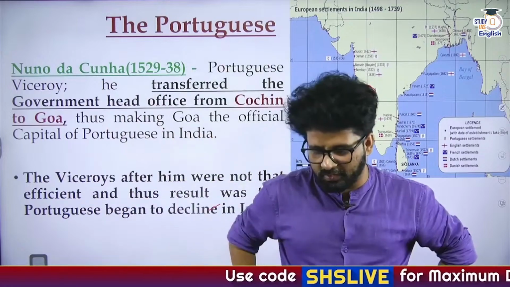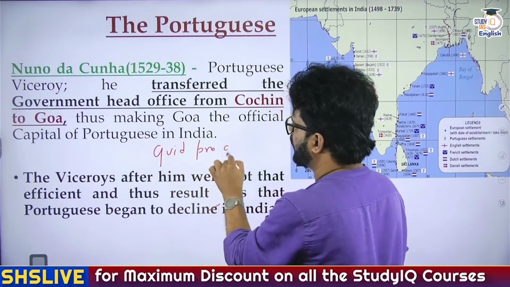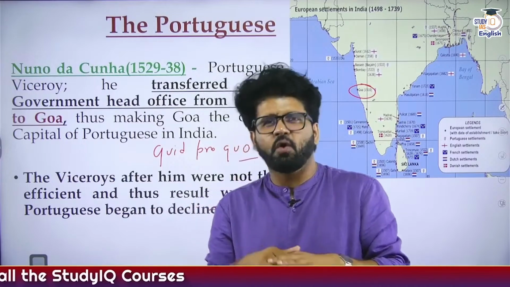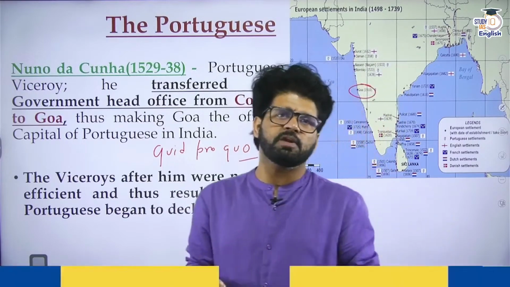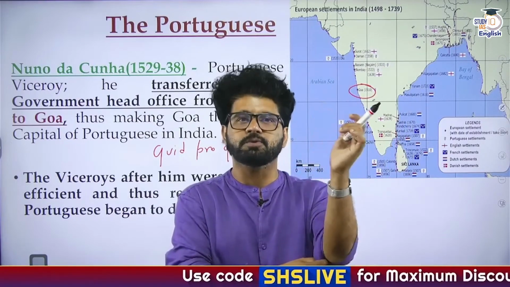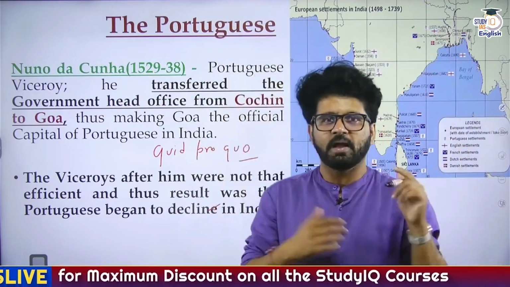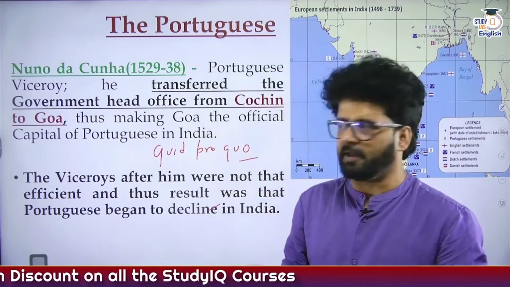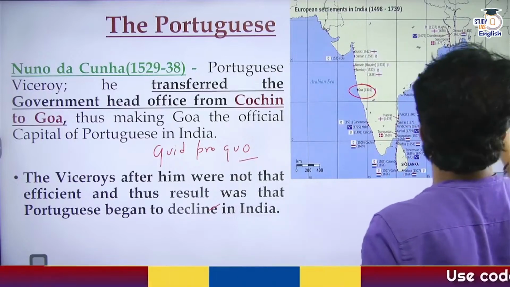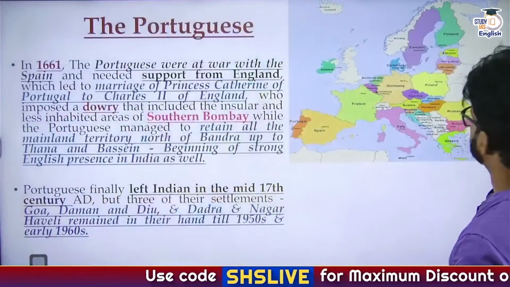Why would anybody give dowry? See, there is a phenomenon known as quid pro quo. What does quid pro quo mean? Let's say I give you 1 rupee, so I want something from you. If you give me 2 rupees, you want something from me. So if the Portuguese gave Bombay as dowry, what did they want from the English, the English EIC, or the monarchy in Britain? There has to be something. Nobody gives anything for free. There is always a quid pro quo. So here the basic issue is, we'll talk about the dowry thing. I'll show you. Okay, so this is the part.